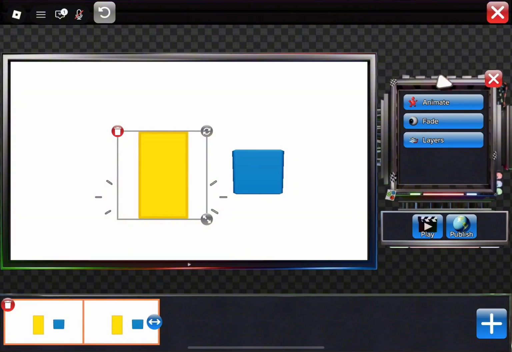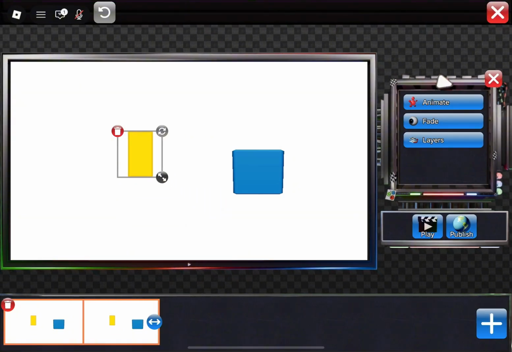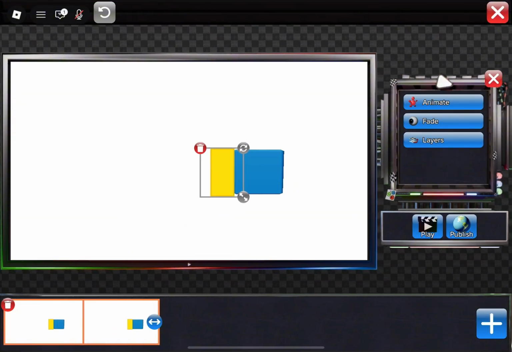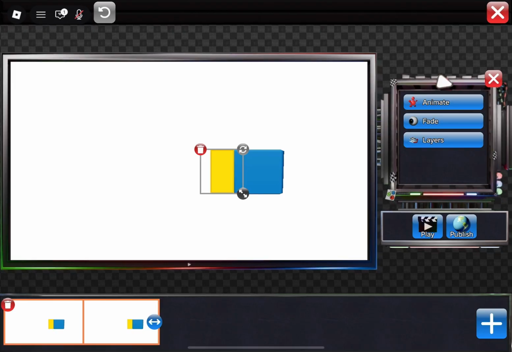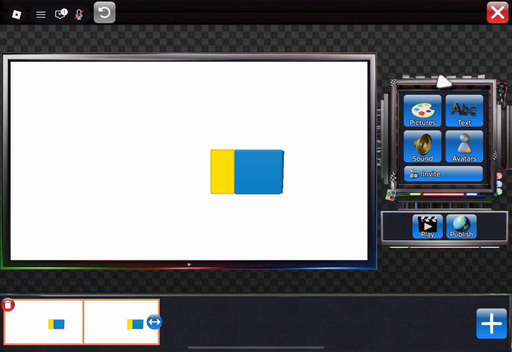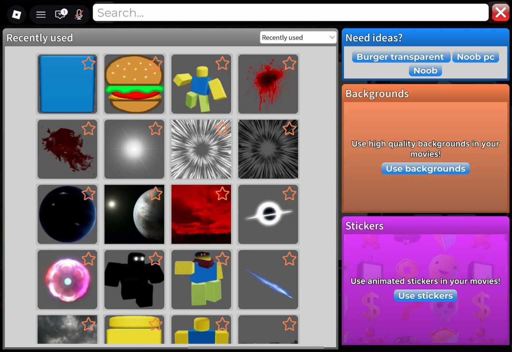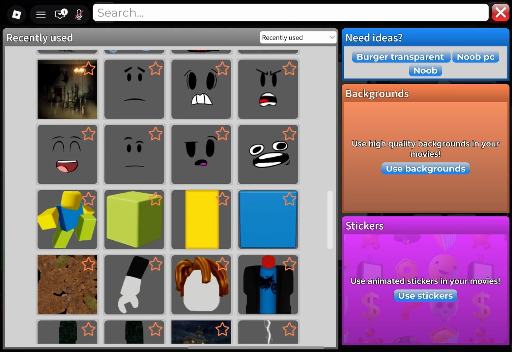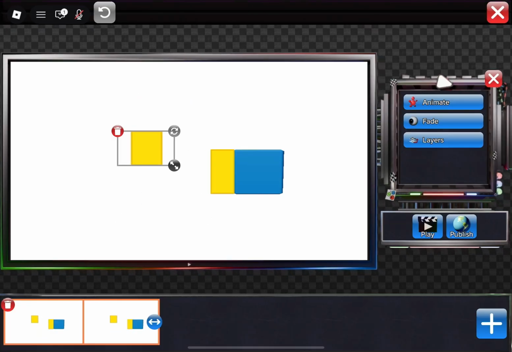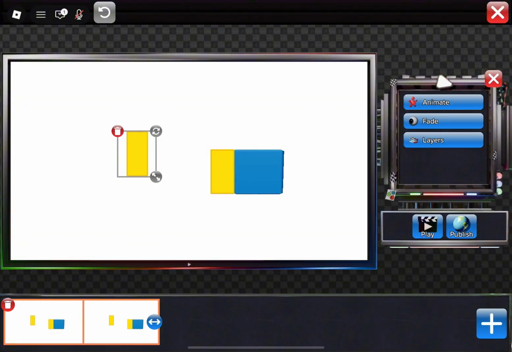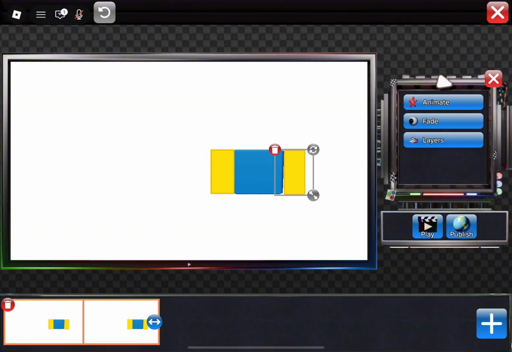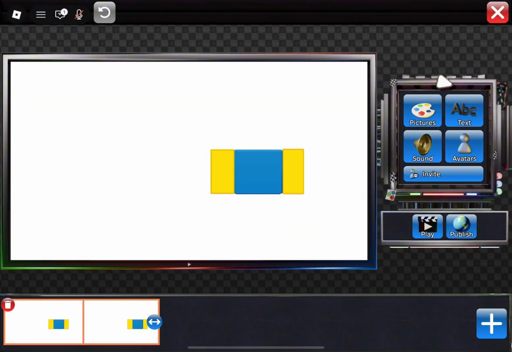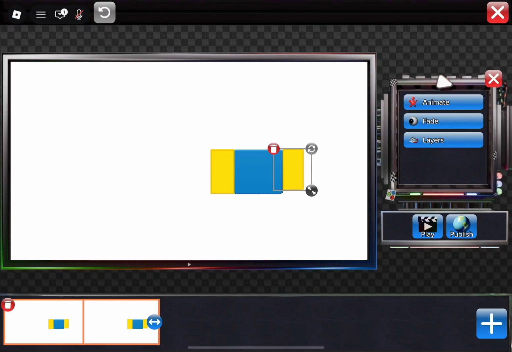Just use those for the parts where you need to animate the arms and stuff. And then for the other half, you could just use pictures, like I did. But if it's too hard to animate, like sometimes I feel like it's hard to animate, then you could use avatars. But I didn't even use one single avatar in here except the one at the end where he fights the